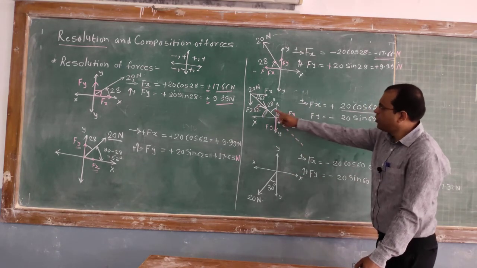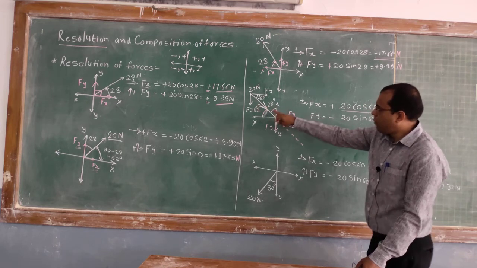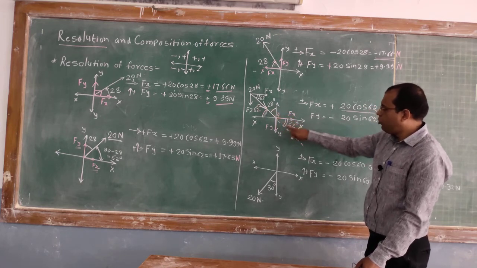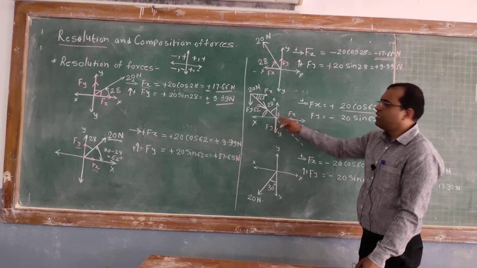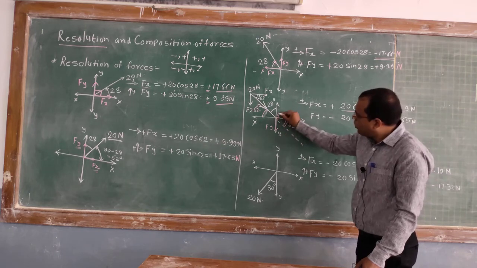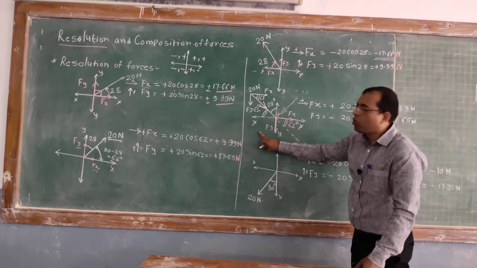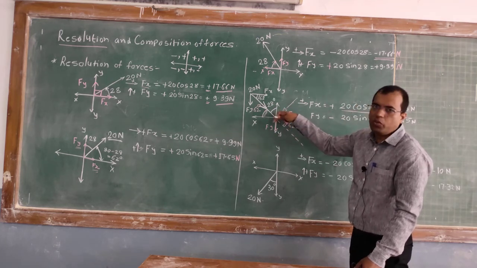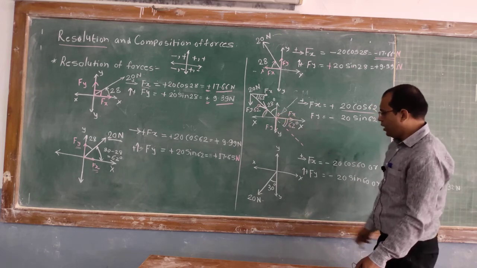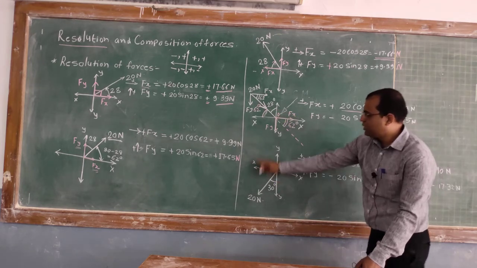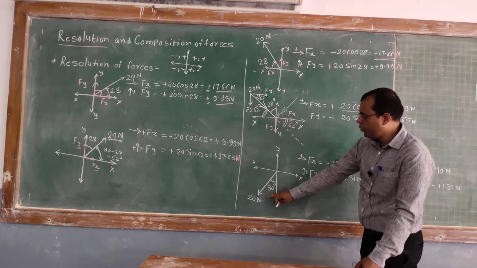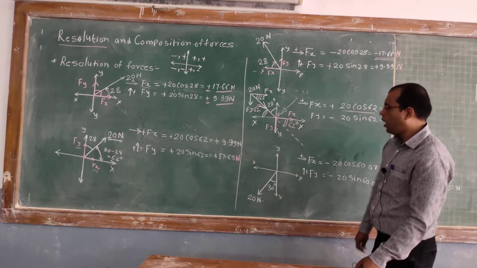Okay, so remember that if this force is approaching towards point O, then we have to predict which quadrant it lies in. If the force is like this, in that case this force is not in the first quadrant, it is now in the third quadrant because it is approaching towards the origin. Okay, similarly now for this we have to resolve this force 20 Newton into its x and y component.